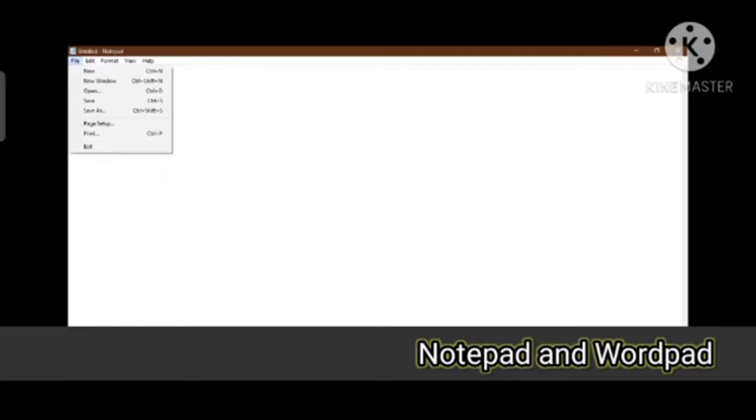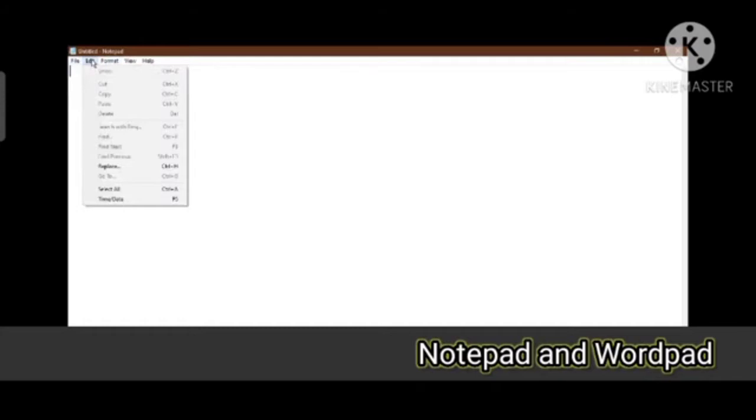In the file menu there are many options over here: new, then open, save, save as, and page setup, and so many options in the file menu are available. Now click on the edit menu. There are various other options. Some are highlighted while others are not, means some are disabled at present.